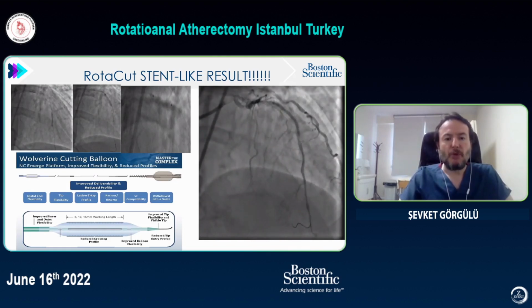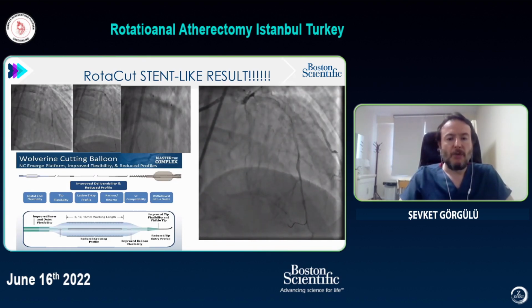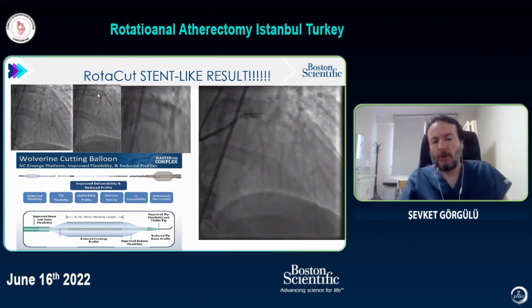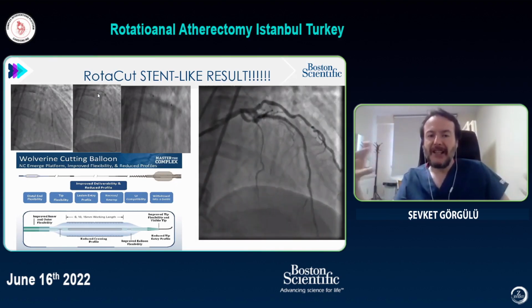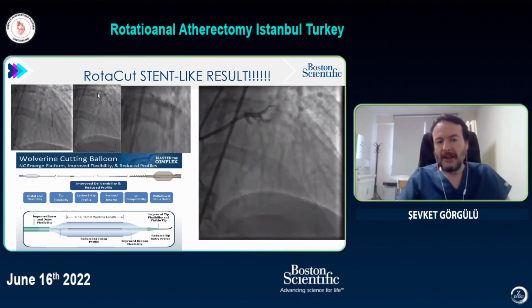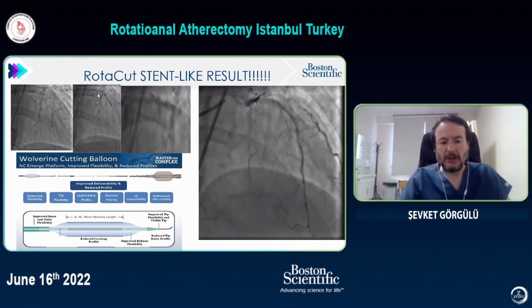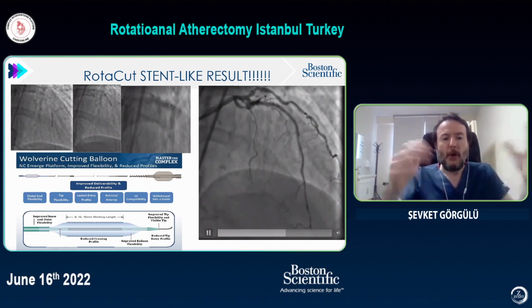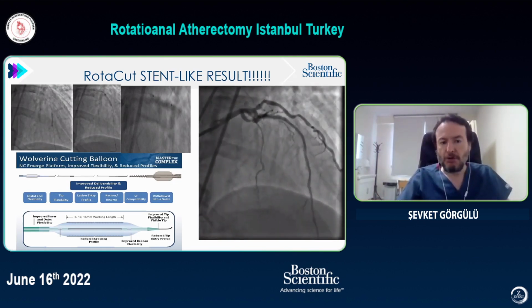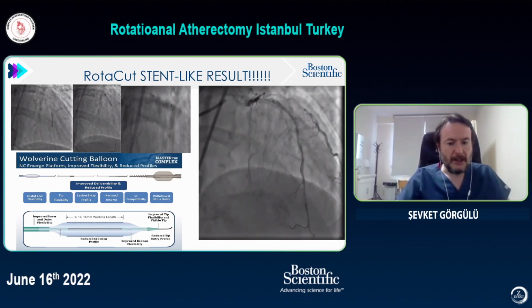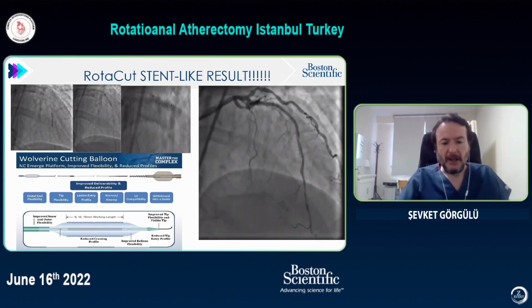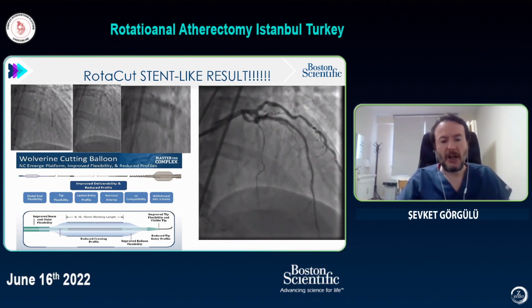The lesion was modified by this Wolverine cutting balloon. After rota followed by cutting balloon, I get a 60 to 70% result, like a stent. You see, this is a stent-like result here. Of course, in all these cases we did IVUS, but this is going to be a presentation from Nihat, so